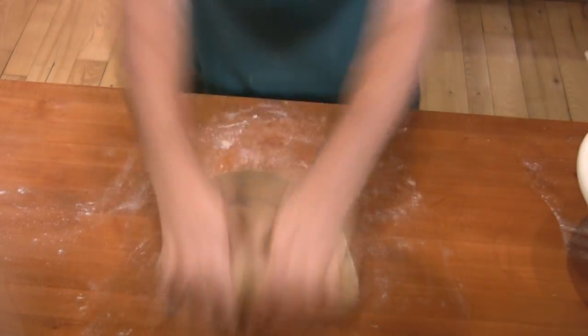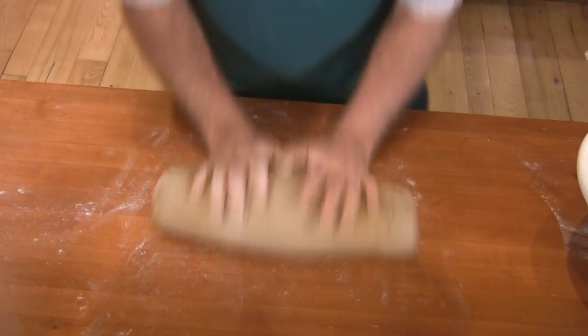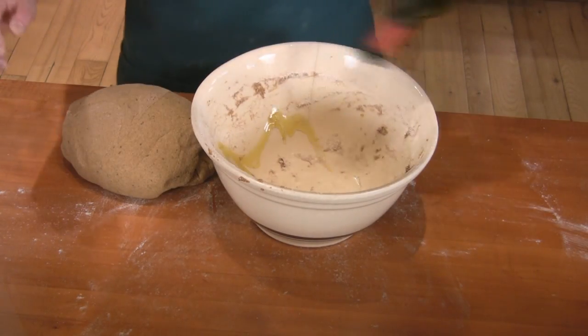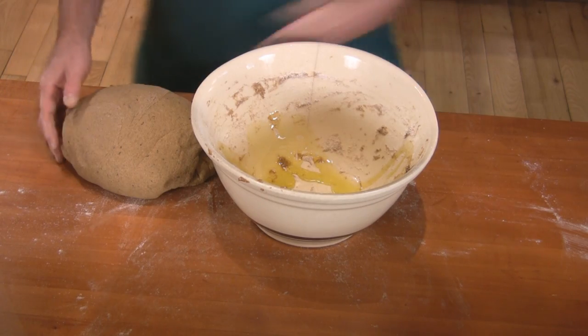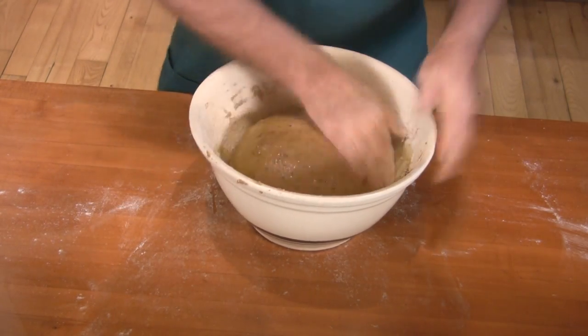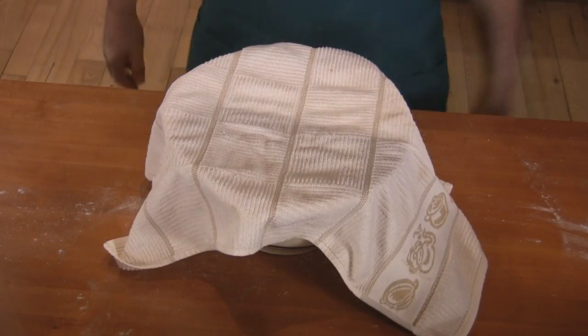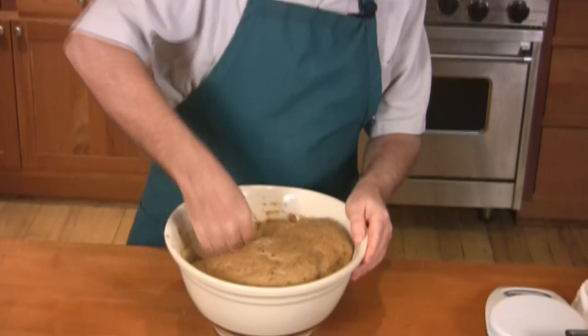After about 15 to 20 minutes of kneading, the dough will no longer stick to the countertop. That's when it's ready to put on for another rising. Put it into a bowl, oil the dough, and let it rise till doubled in size, or about 40 to 50 minutes. When the dough is doubled in size, punch it down